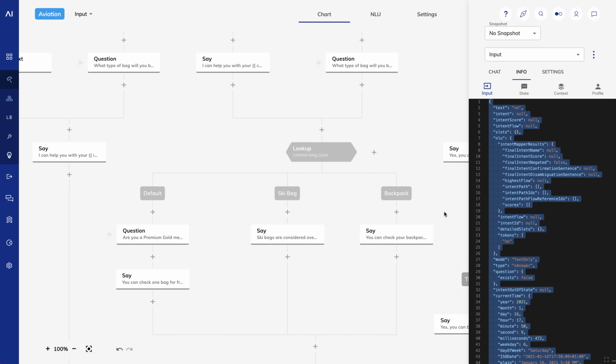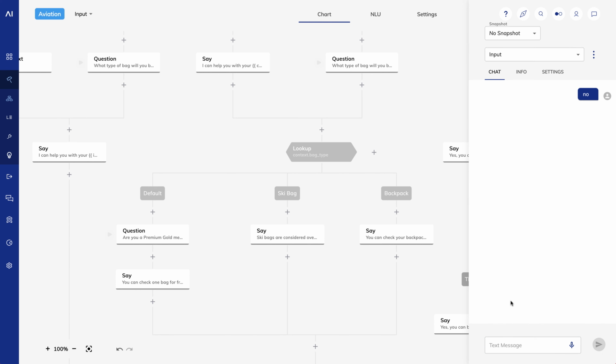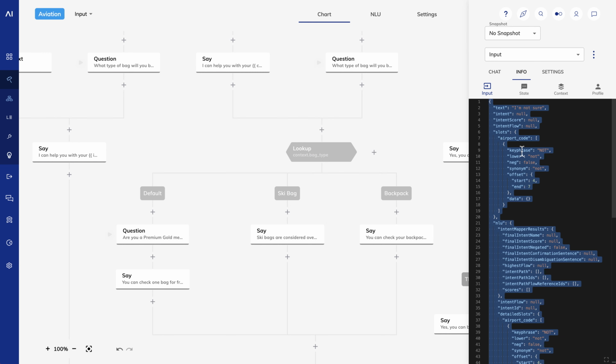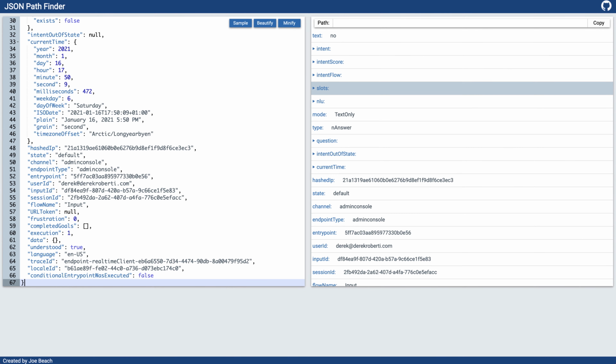Finally, if I try the same thing with I'm not sure, I see the type is statement. So let's use this information to respond differently to the user based on what they say.